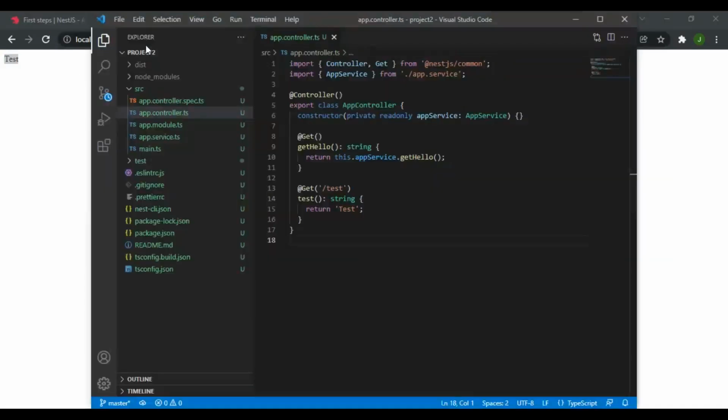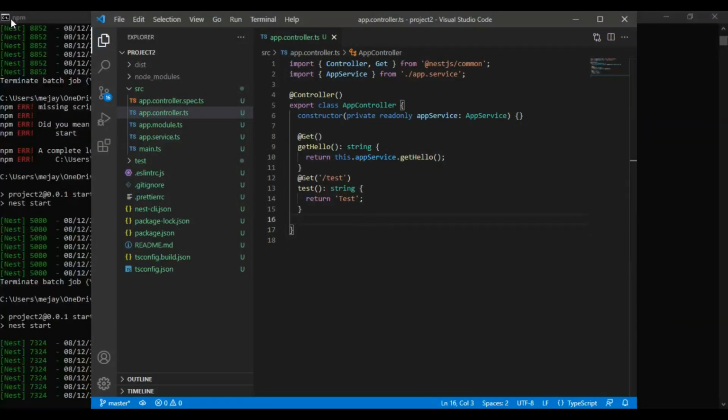See, you can see now when I hit localhost 3000/test, it returned me test, which is this text. So here we are going to create a new API where we can use request and response, and we will see if it is working as per Express or if it is different. So let's create a get data API. Here we need to get data. This will be our method name, and it will return from response.